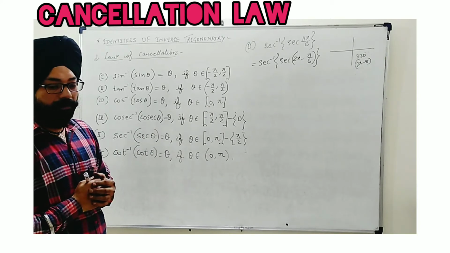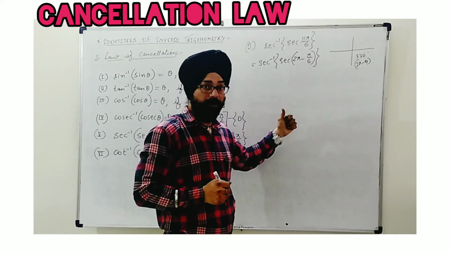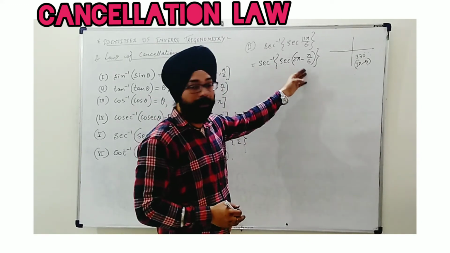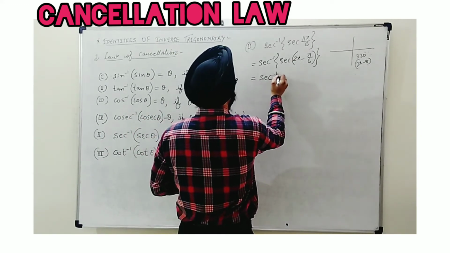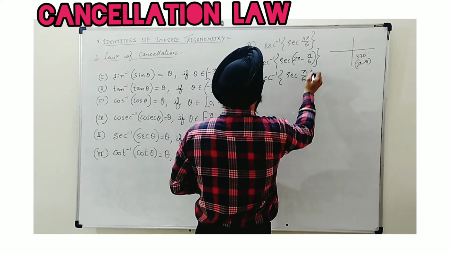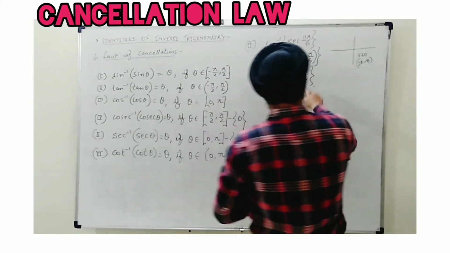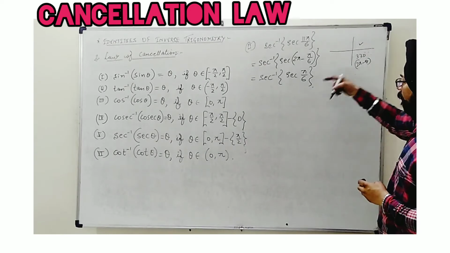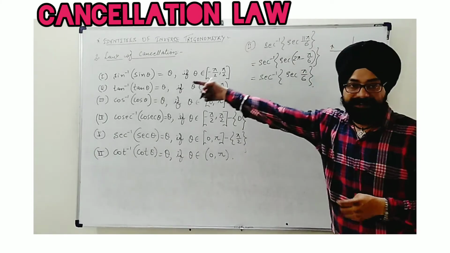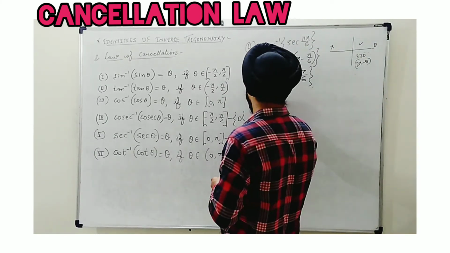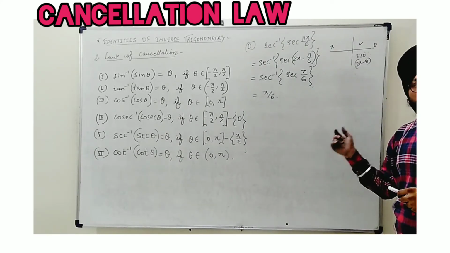Now we need to write the value of sec(2 pi minus pi by 6). In the previous question I told you the short way: sec(2 pi minus theta) is sec theta. If you have kept the method in mind, you will directly write sec inverse sec pi by 6. Here I will not put the value of sec pi by 6. Since pi by 6 is in the first quadrant, it belongs to the interval 0 to pi. Simply the cancellation law can be applied and we get the answer pi by 6. I hope you have understood this one.